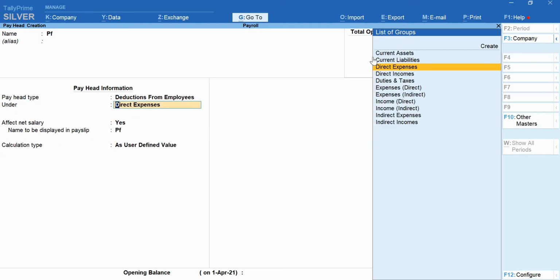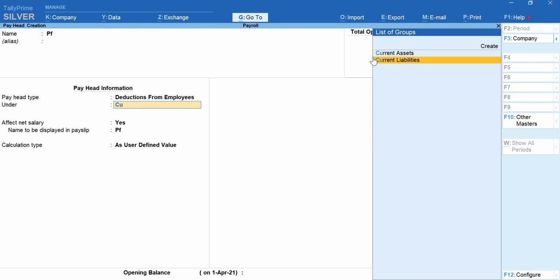When it comes to group, it is under the group current liabilities, because if an employee is leaving the organization, we have to pay back his PF amount. Or if he is there in the organization also, this PF amount should be transferred into the PF account. That is why my company is liable to pay. That is the reason it is a current liability.